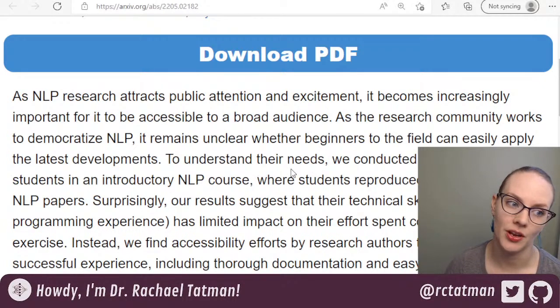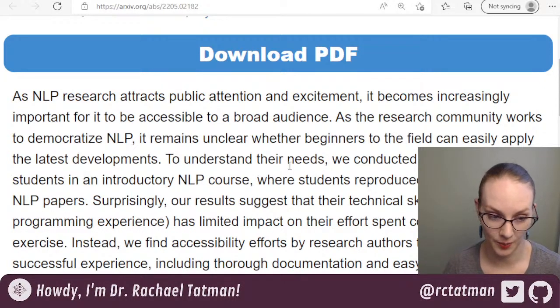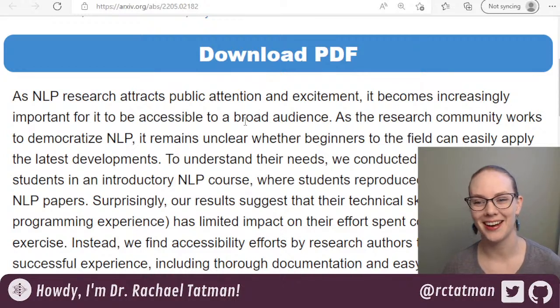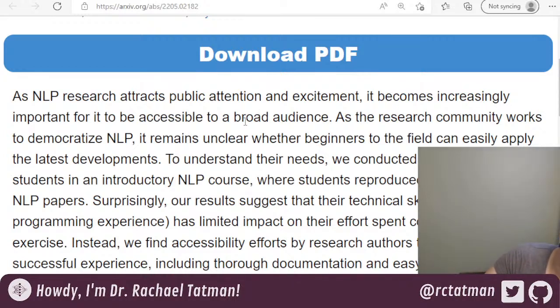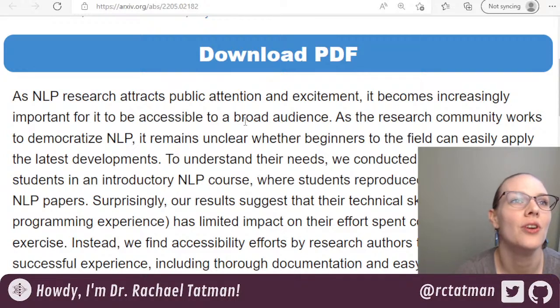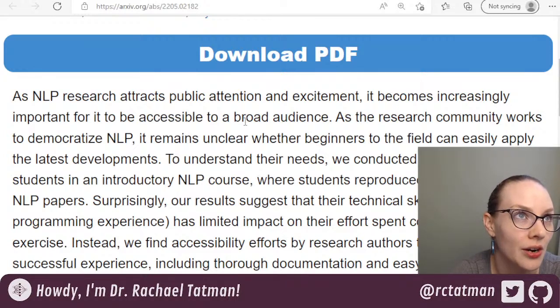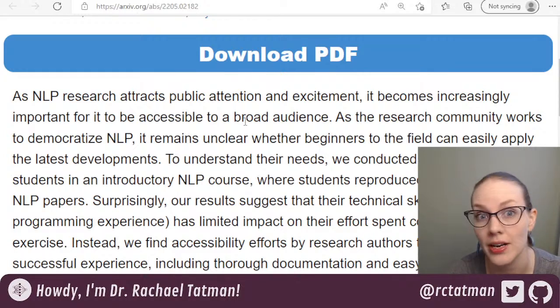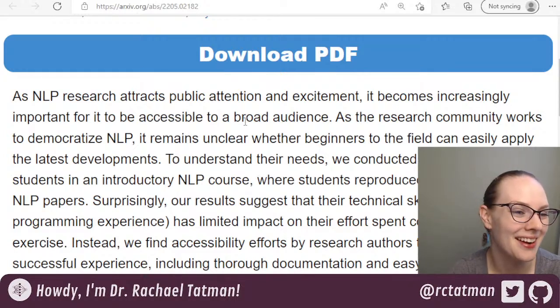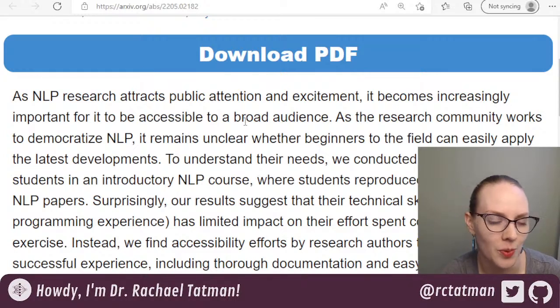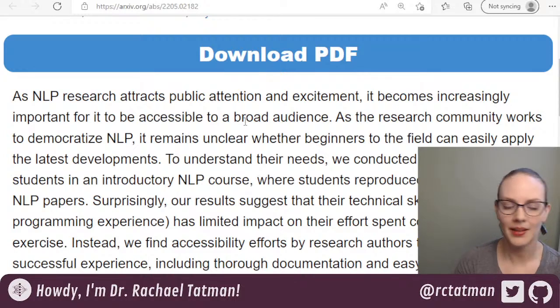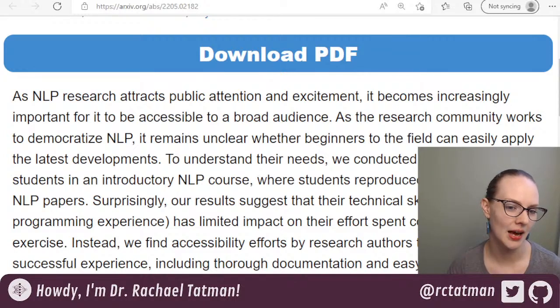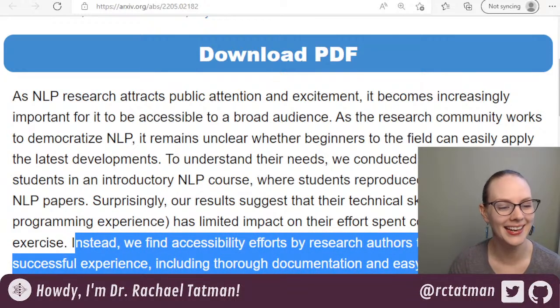I think a fabulous thing to think about, particularly when you are a researcher in a field like NLP, where people want to do our work, right? We have the nice thing of working in a field at a time where the general public is very interested in what we're doing and wants to be able to use the tools that we make, which is great. That's a privilege that not every field gets to have, but it's not usually something we consider during the research process. So this was a study with 93 students, and they found that basically when people try, it helps a lot.